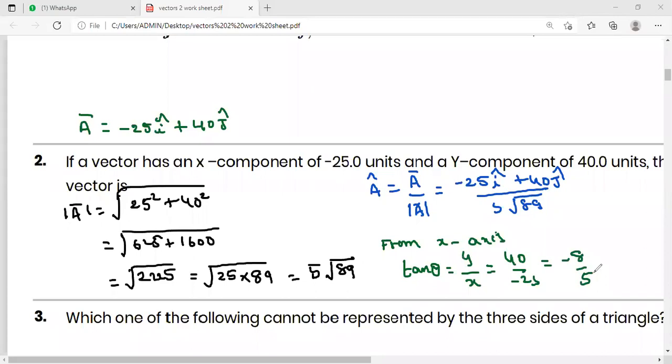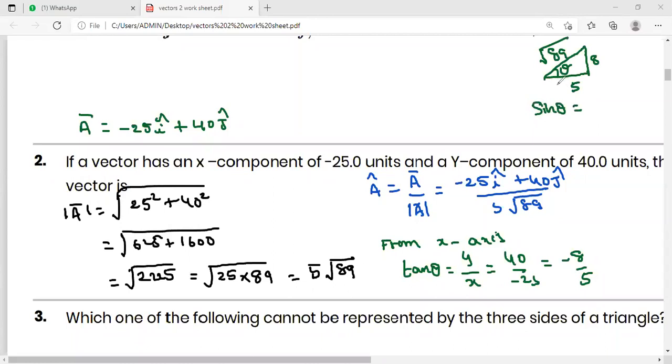So tan theta will be minus 8 by 5. That is the value of tan theta. In terms of sin theta and cos theta also, you can write the same. For example, let me consider a right angle triangle. If this is theta, tan theta means opposite side by adjacent side, so this will be 8 and this will be 5. Then what will be the third side from the Pythagoras theorem? Root over 5 square plus 8 square, how much? 25 plus 64, that will be 89. So what can you write for sin theta then?